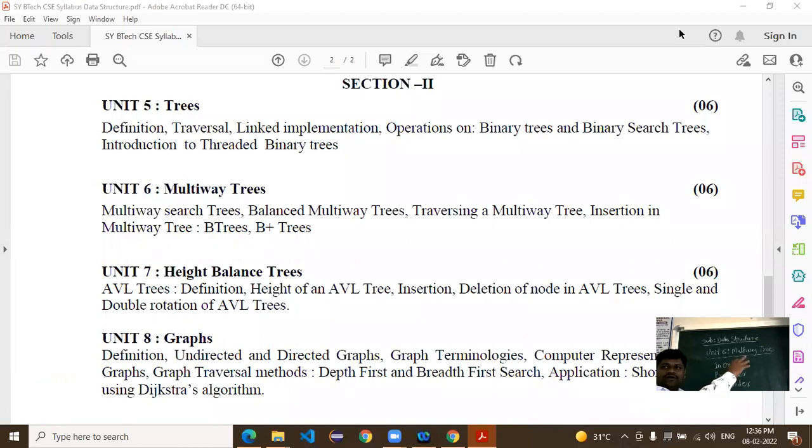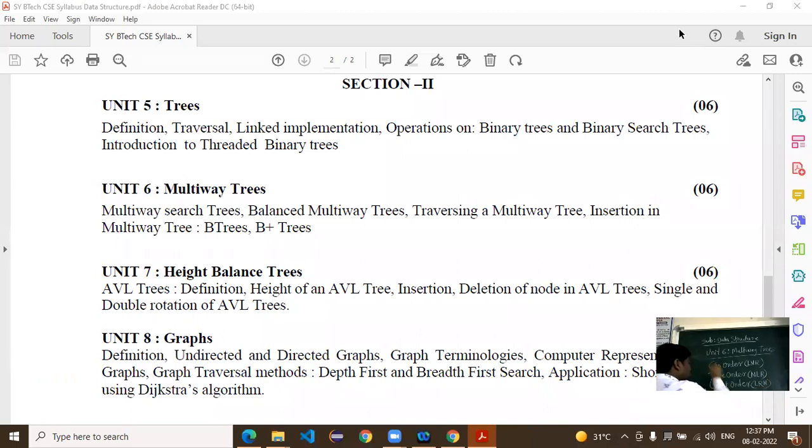For in-order you use left first, after that root, and then right. For pre-order: root, left, right. And for post-order: left, right, root.